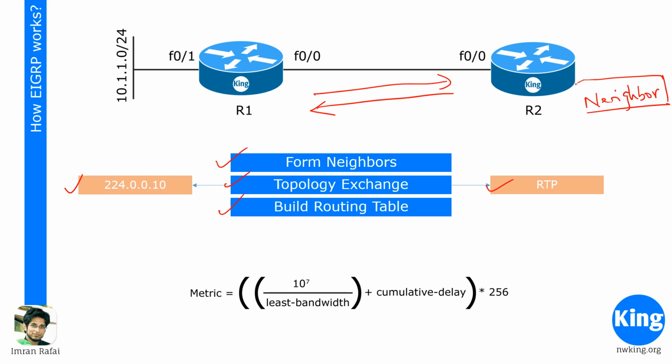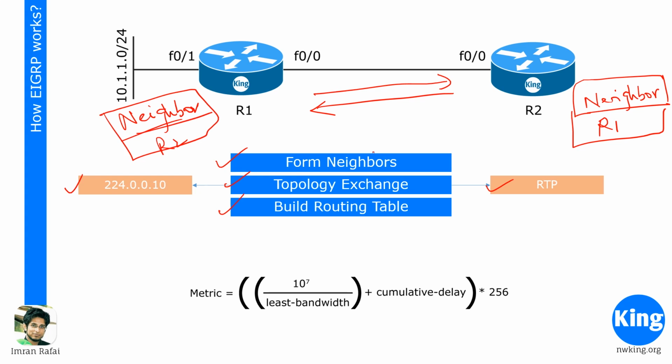So in the neighbor table, R2 will list R1 as a neighbor, and R1 will list R2 as a neighbor. So R2 is listed in R1's neighbor table, and R1 is listed in R2's neighbor table. Once this is done, it updates. It sends